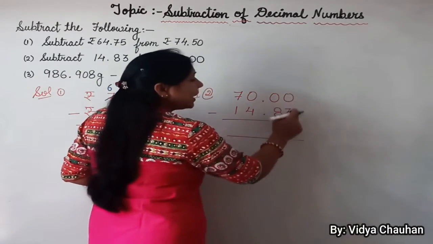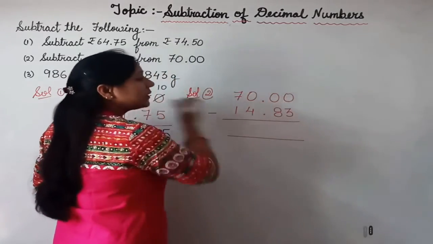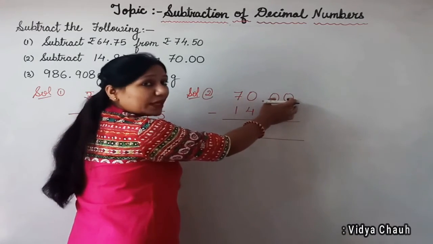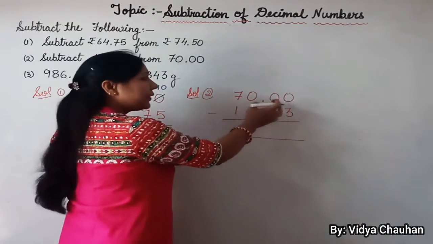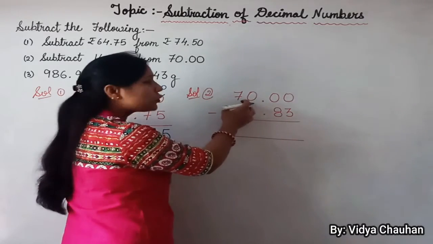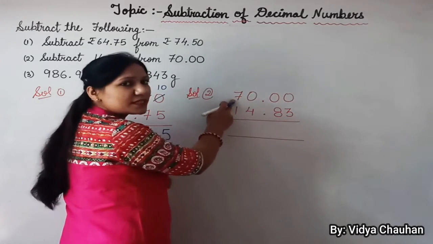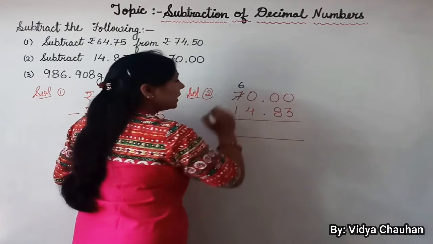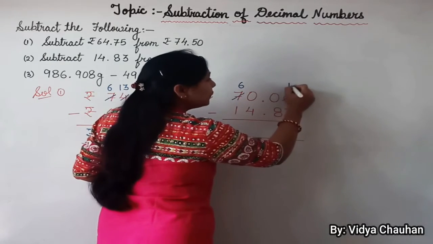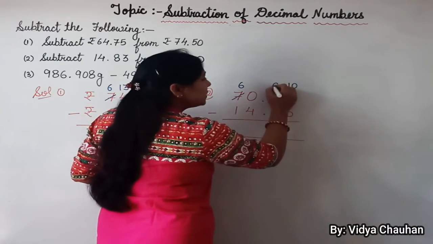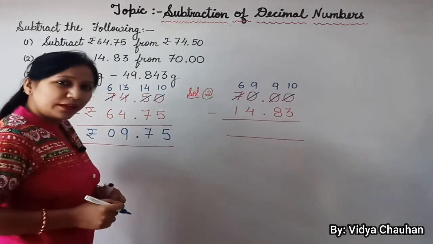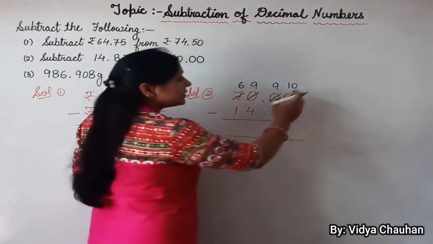Once again, as you can see, we cannot subtract 3 from 0. So what will you do? Taking the borrow from the next place. But the next place is 0. After that, the next place is again 0. So you will get the borrow from this number 7. So the 7 will become 6. This 0 will become 10. And the rest of the zeros will become 9 now. So can we proceed further now with the subtraction?